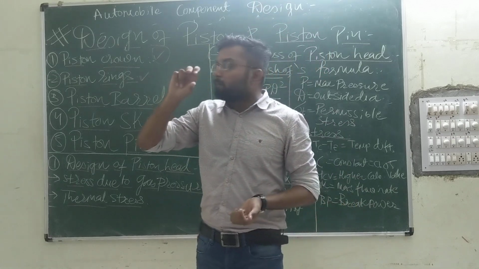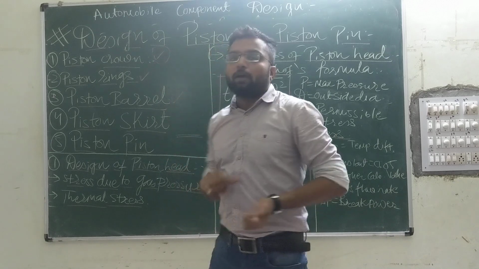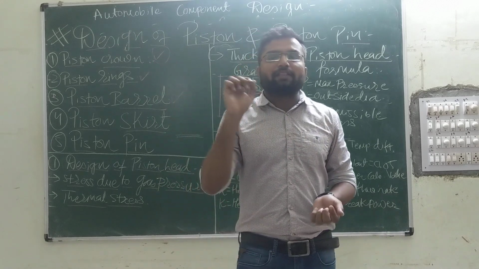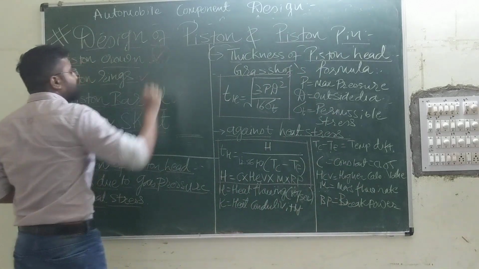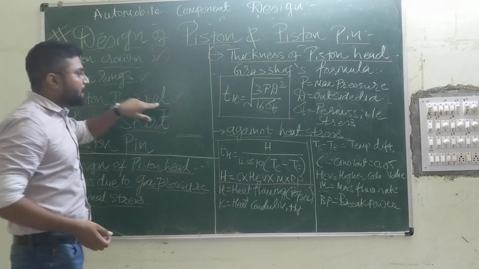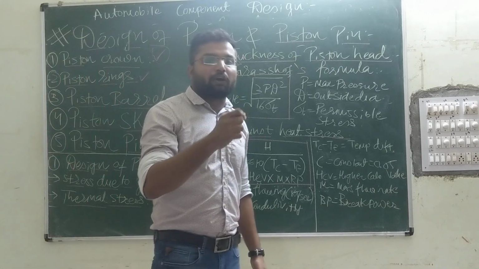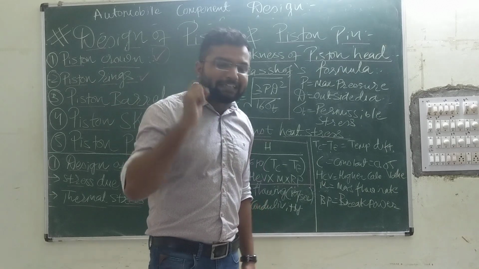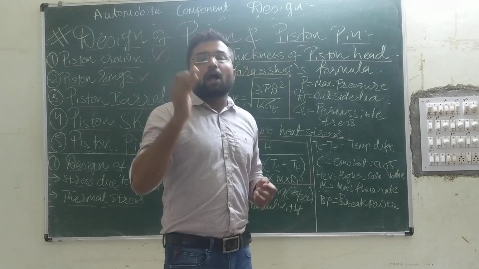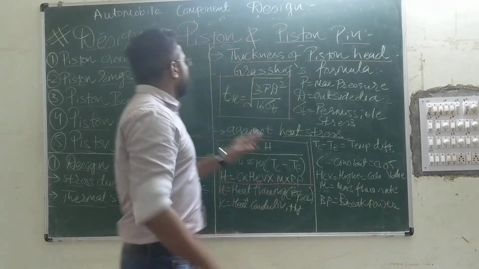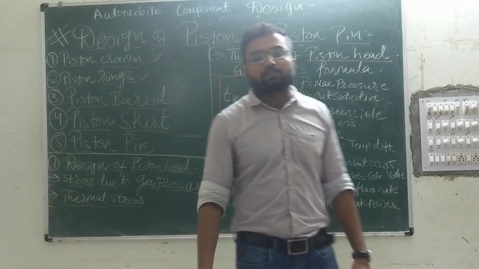So the thickness of the piston head, or you can say piston crown, will be different from the piston barrel depending on its strength and our pressure, because the pressure developed here due to gas explosion will be 10 times higher. So here we will consider a pressure acted by gas only, but our effective pressure will be 10 times lower than the pressure acting on the piston crown. Clear? After that we are going to design the piston skirt.